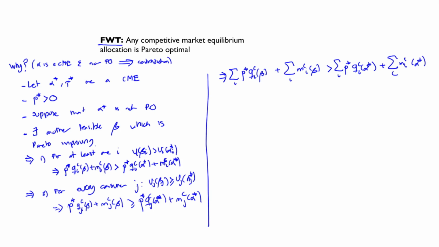Notice that all I'm doing is adding the left-hand side and the right-hand side of these inequalities for every consumer, and we get this. Now, we have that this has to be equal, and this has to be equal, by feasibility